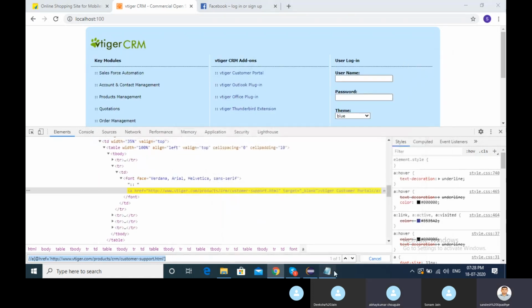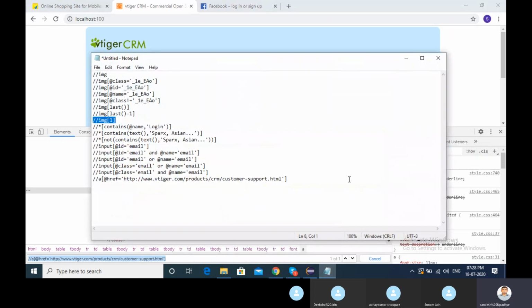Okay. So what I am trying to tell you is that there are so many other ways to find elements as well. There are a few XPaths like preceding-sibling. I don't want to go with that difficult path as of now. Once we complete some lectures, I will teach you that as well.